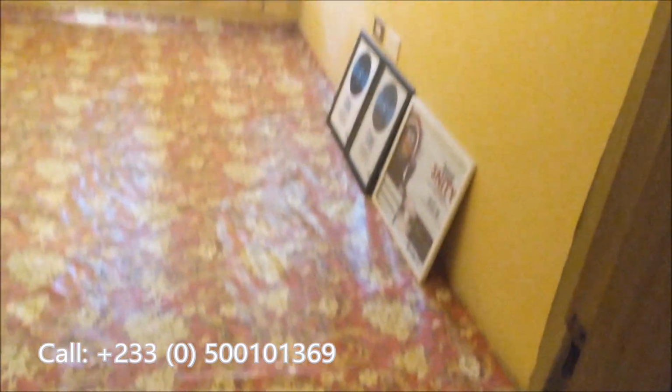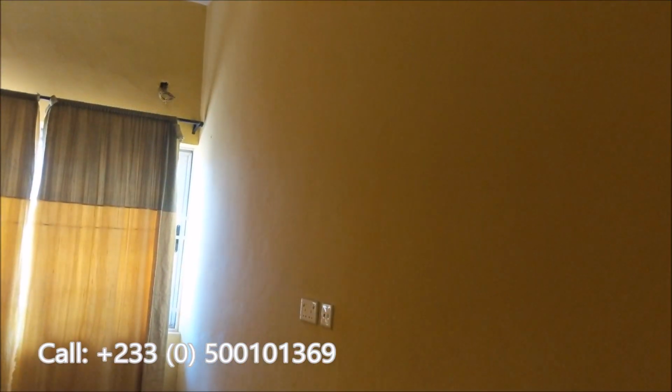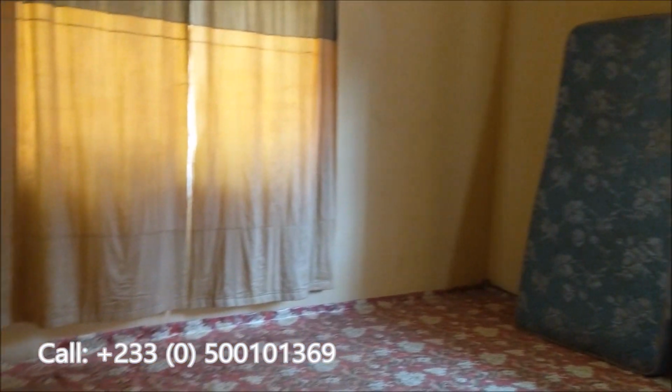This area, the light here is kind of poor because the bulbs in these ones are off, meaning they are not working. So the corridor here looks a little dark, but it just needs a change of bulb, that's all. And this is the first bedroom. This is a 5-bedroom house, and you have your first bedroom. This bedroom looks like a 12 by 12, and this area should be an inbuilt wardrobe. So it looks like a 12 feet by 12 feet